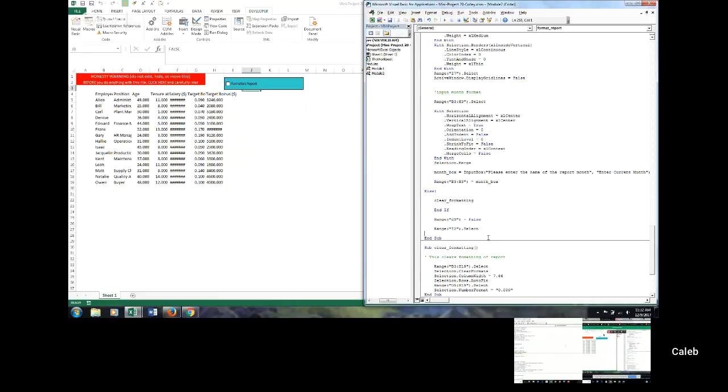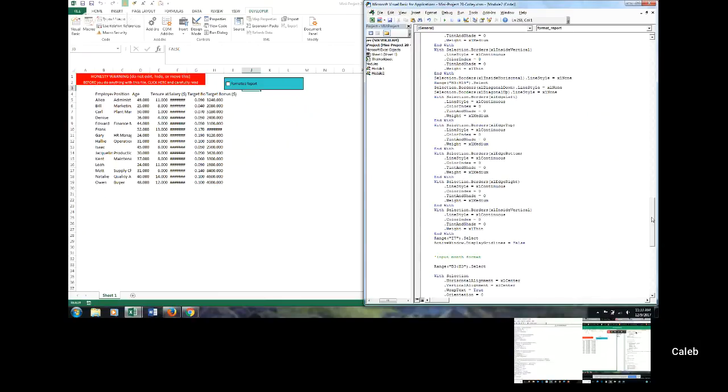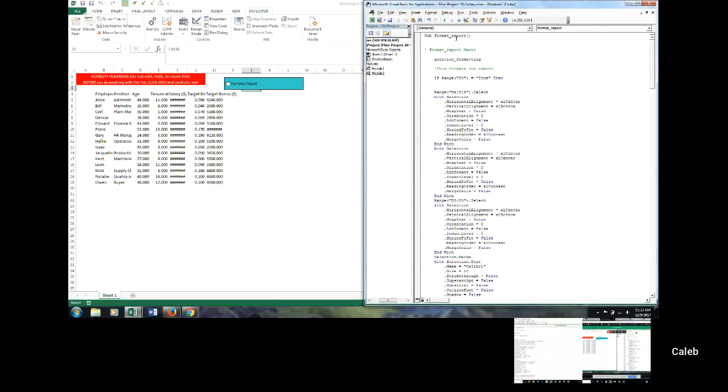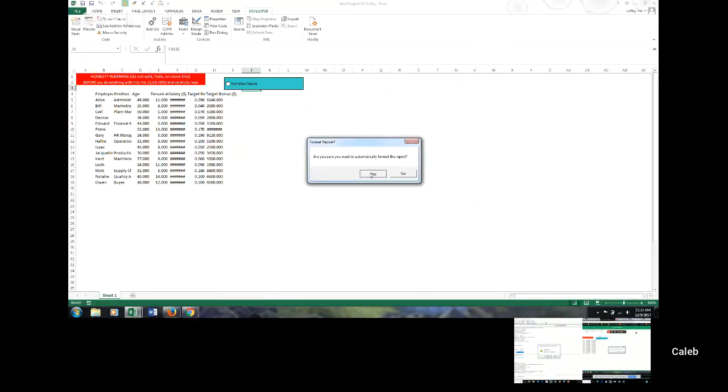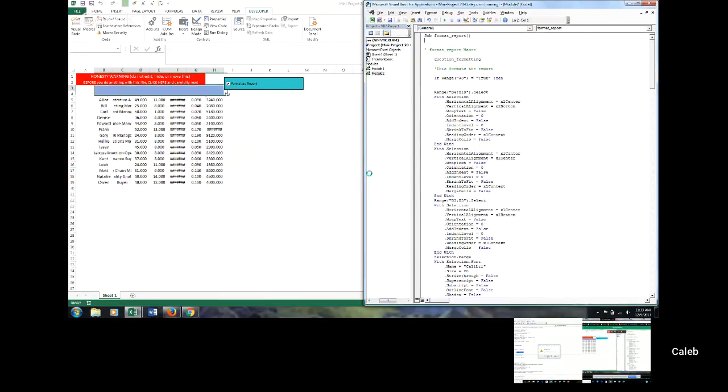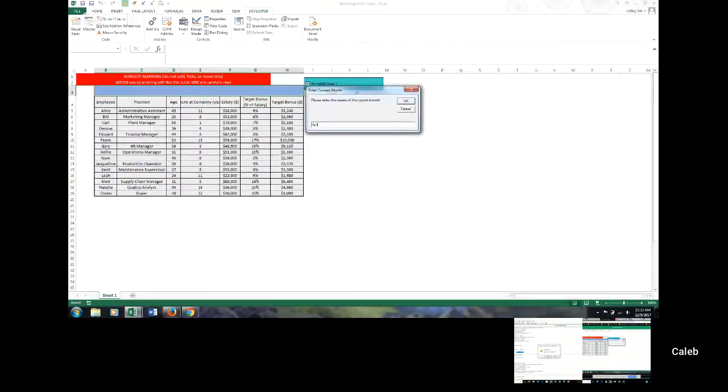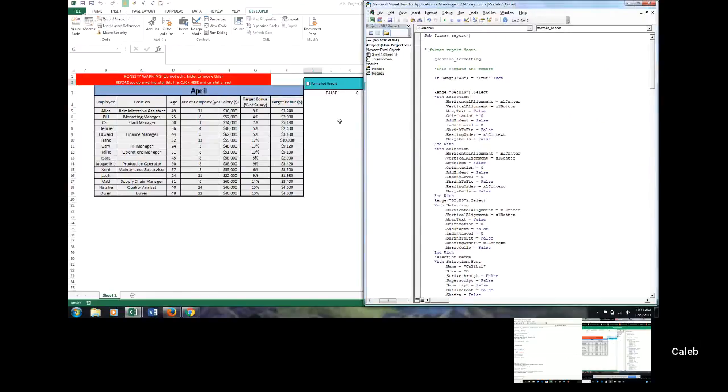Now, you should be able to go to the top of your formatted report, run it. It should ask you a yes or no question. You can say yes, enter the month name. No, compile error. It's right here. Okay, so range. There it is. There's the problem. I see it right there. All right. That looks good. If I were you, Caleb, I would just drag my formatted box thing that you have now and drag it over where you see your